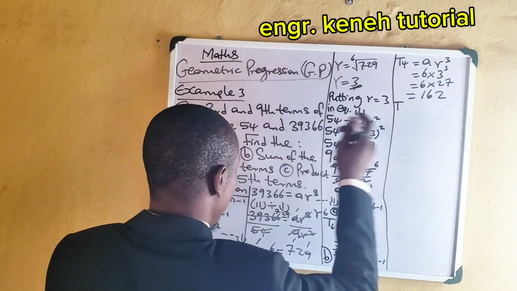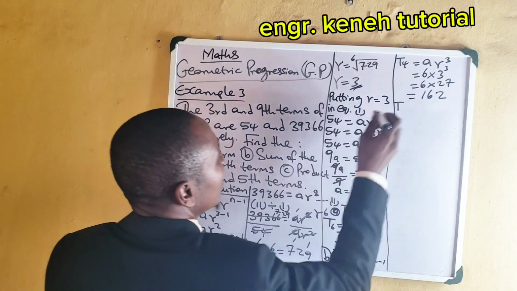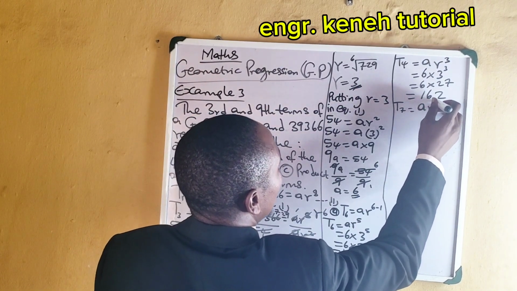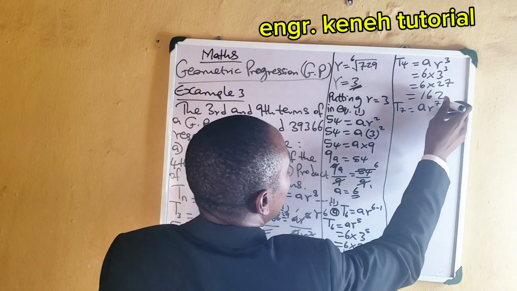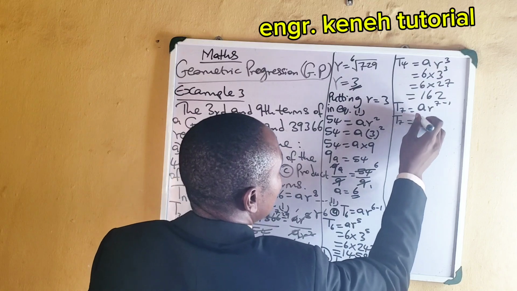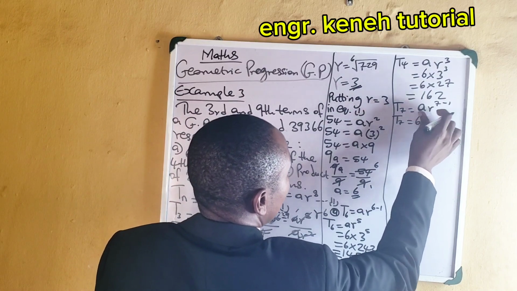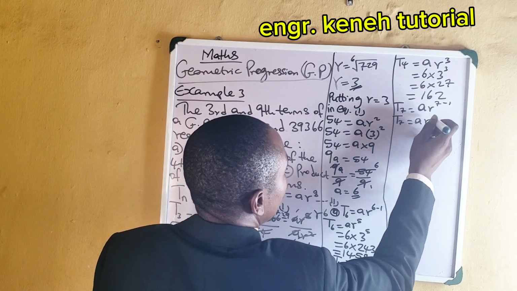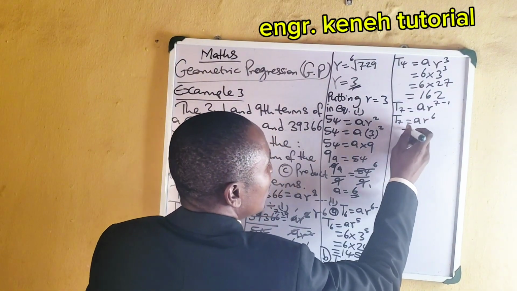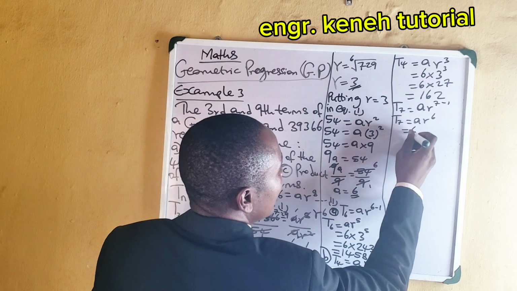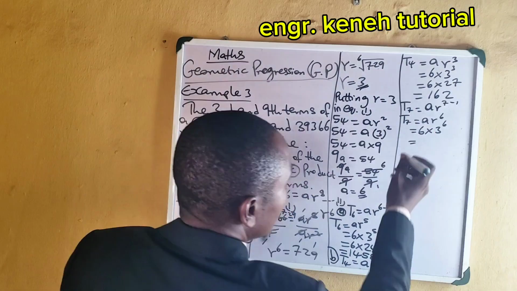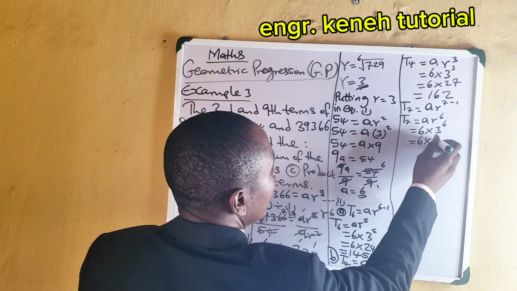Let's look for the next one, which is T7. T7 is like this. We have A, R, with 7 minus 1. So this will give us this. A is 6. Because 7 minus 1 gives us 6, here we have A being 6, and this one being 3. You have 3 raised to the power 6. This will give us